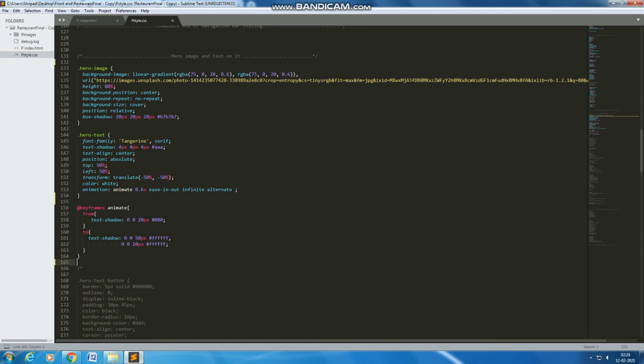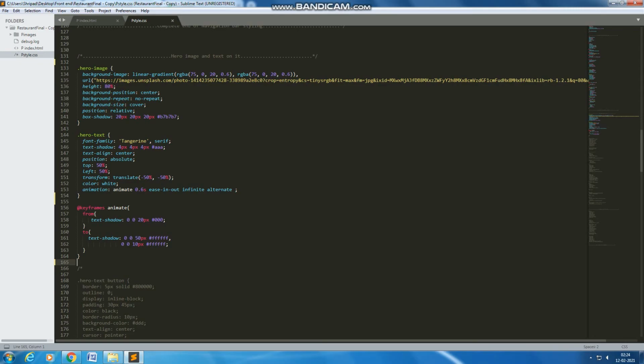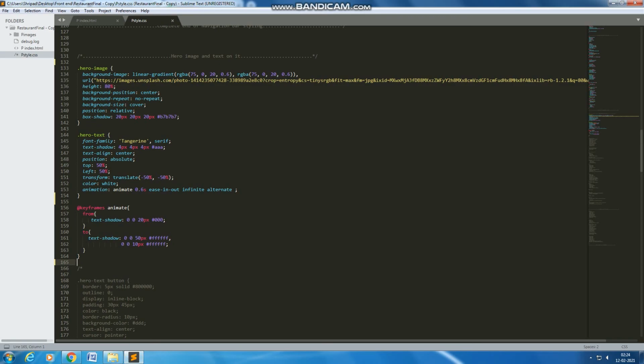What is actually happening in this glowing effect is that it is continuously changing its text shadow, from this text shadow to this text shadow, in a time frame of 0.6 seconds, and that's why it feels like it is glowing.